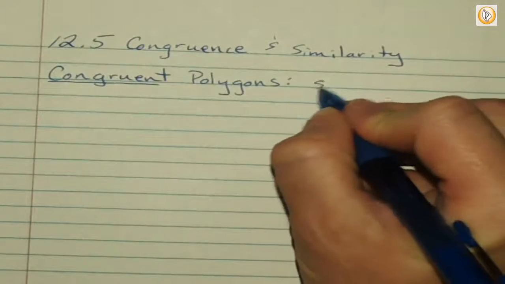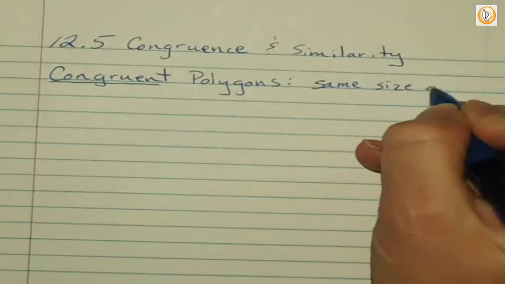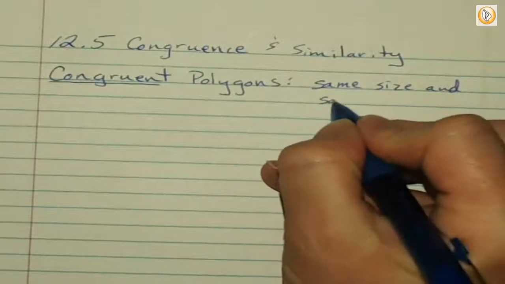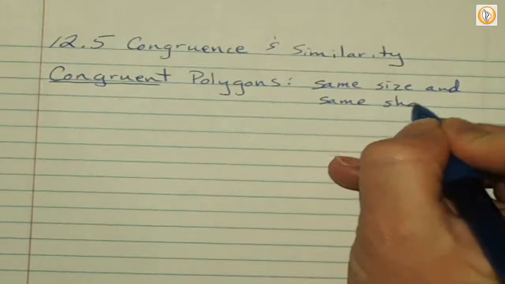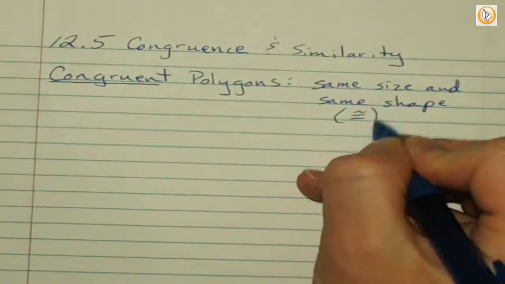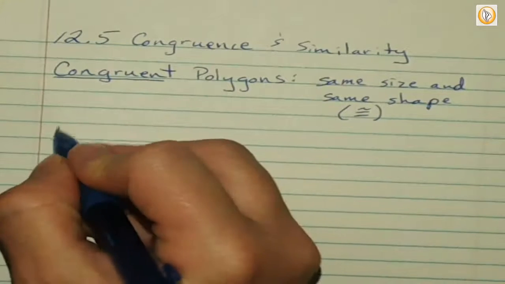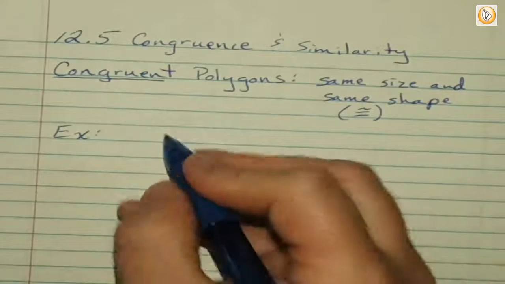Congruent polygons have the same size and same shape. Same size, same shape. For example,